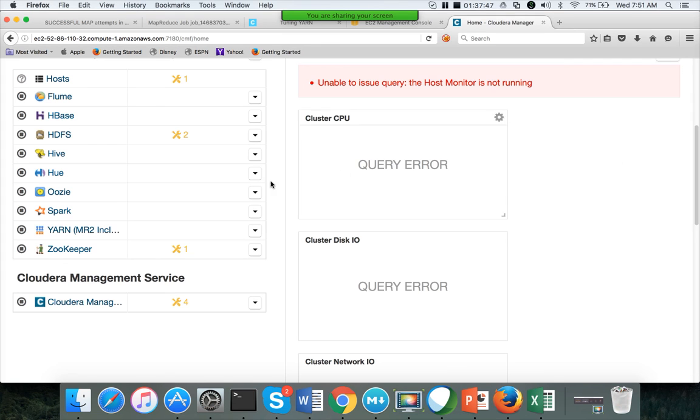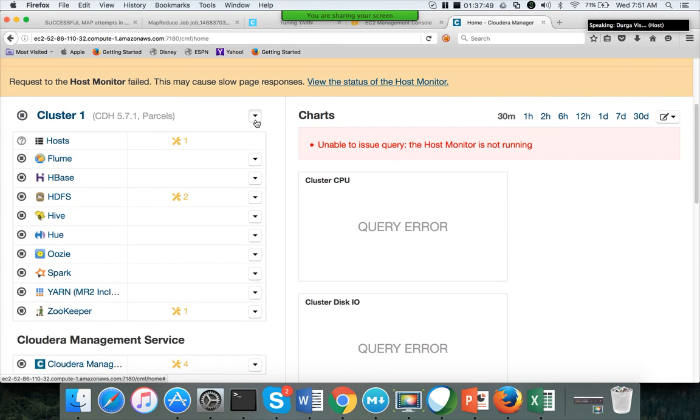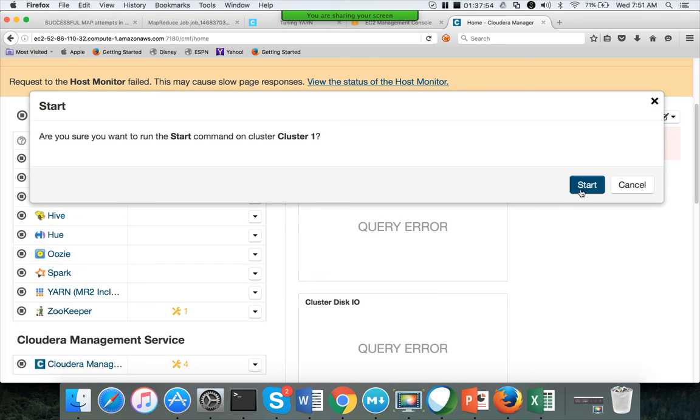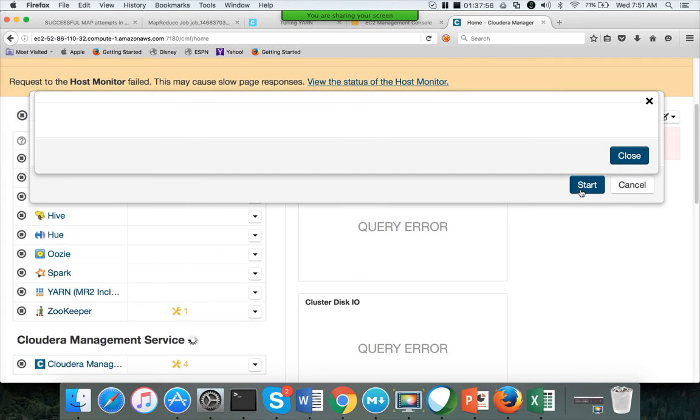So this is a single node lab I have. I am using this one to demonstrate the capacity scheduler. To understand the capacity scheduler and the fair scheduler, you don't need a multi-node cluster. The main thing is you need to understand the class name that is part of the scheduler class, and